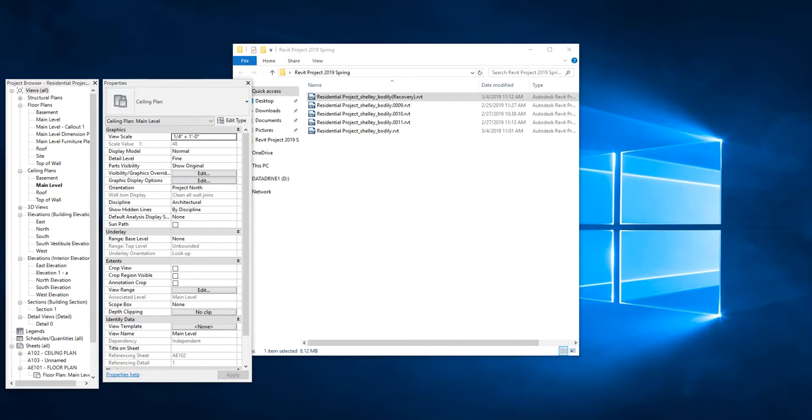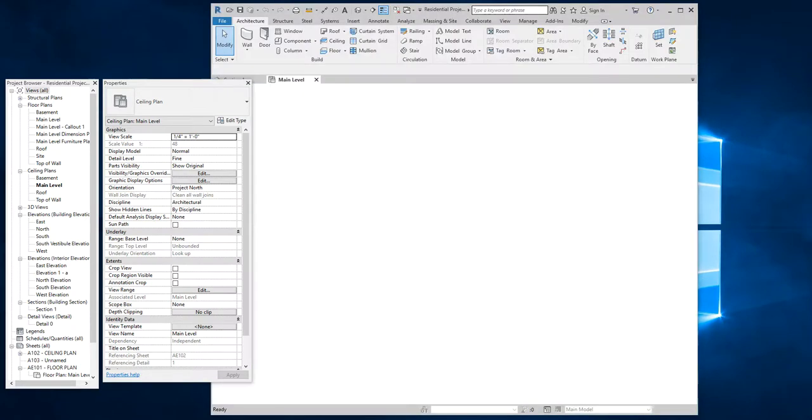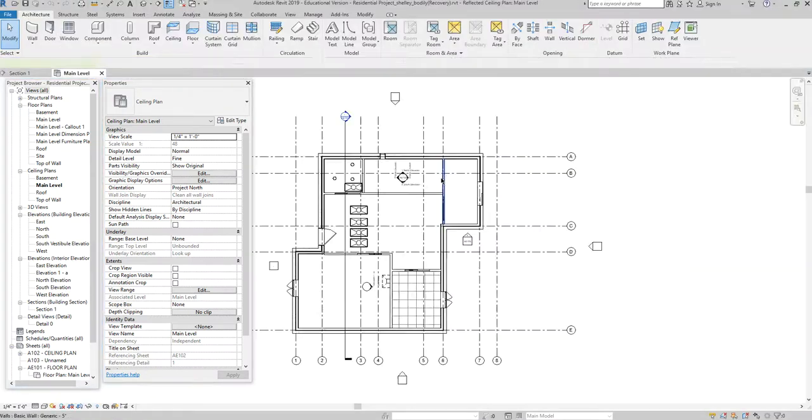Okay, is it? Oh. Okay. Okay. So there's my recovery file, and because I don't like having a parenthesis with recovery in there, usually what